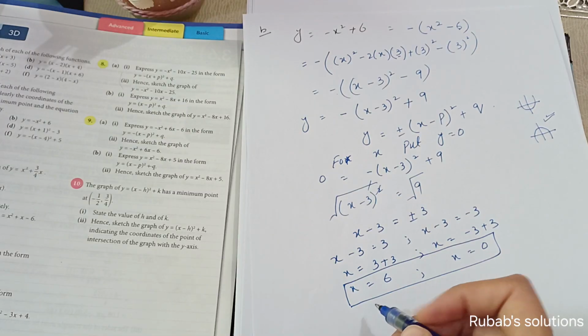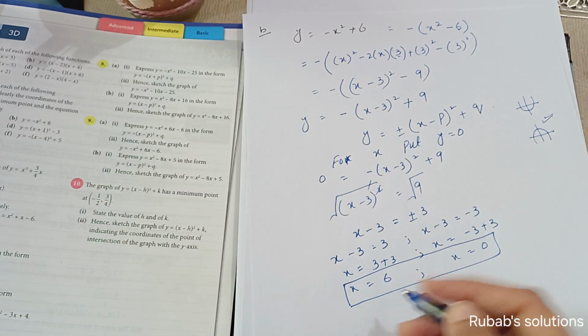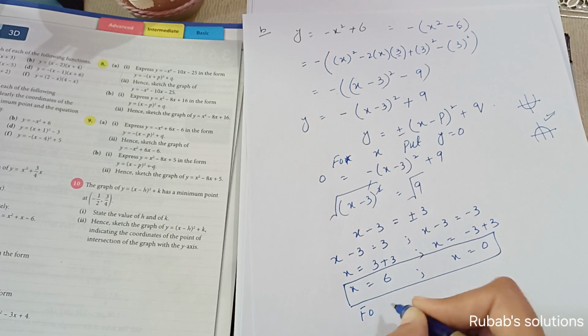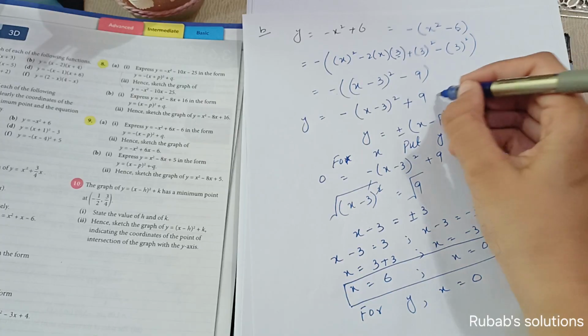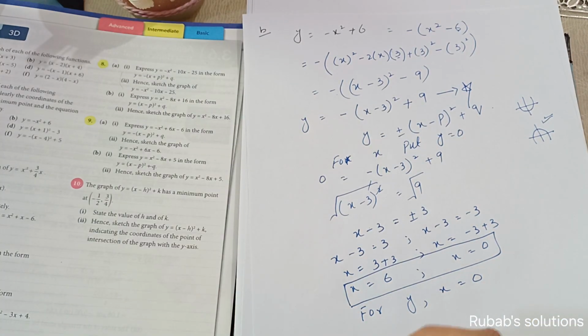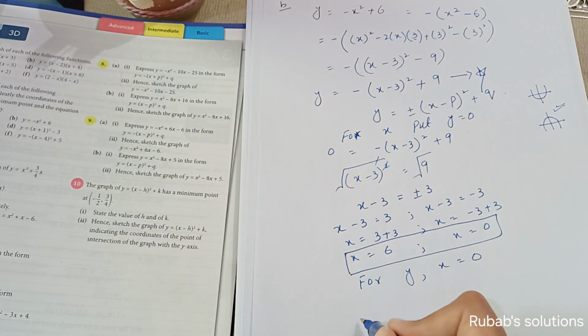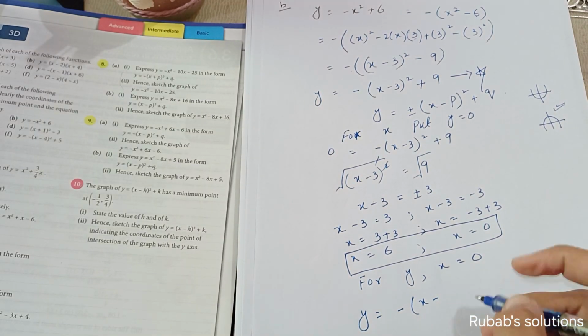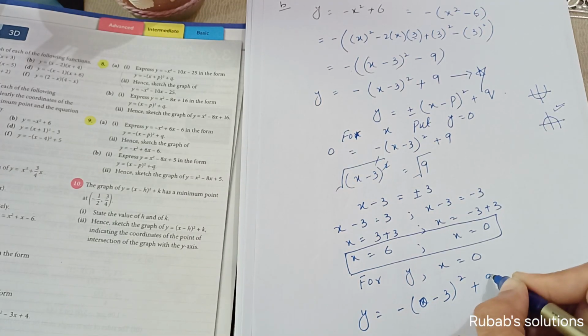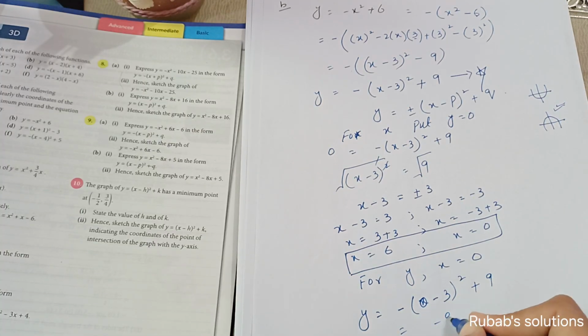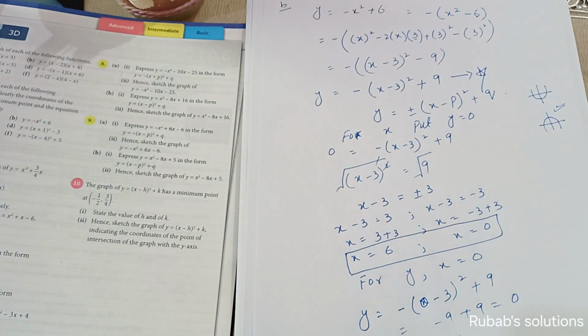Now for the y intercept, I have to put x equal to 0 in the given equation. Let me make it equation star so it is easy for us. So it is y is equal to minus 0 minus 3 whole square plus 9. Minus 3 square is 9, so it's minus 9 plus 9, 0. So the y intercept is 0. Turning point, for the turning point in this case are q and p, sorry, p and q.